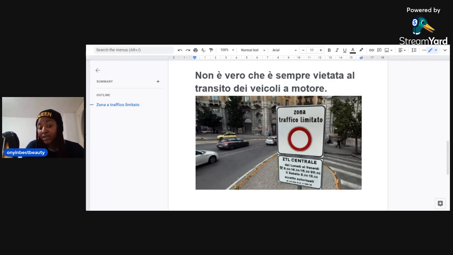So anytime we see this particular sign, the two hammers tied together, it is called what? Giorni lavorativi, meaning that this particular zona traffico limitato is valid for only working days. Now, these working days, it says da lunedì al venerdì, from 8 to 2:30 in the afternoon. It's valid from Monday to Friday, from 8 to 2:30.